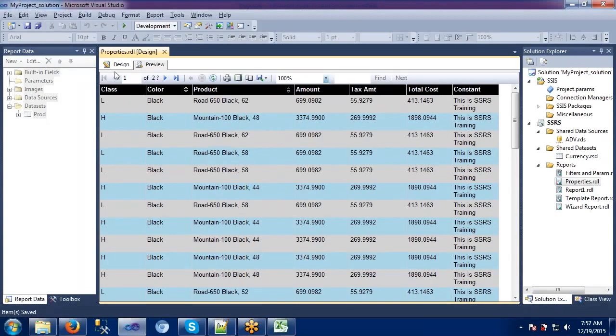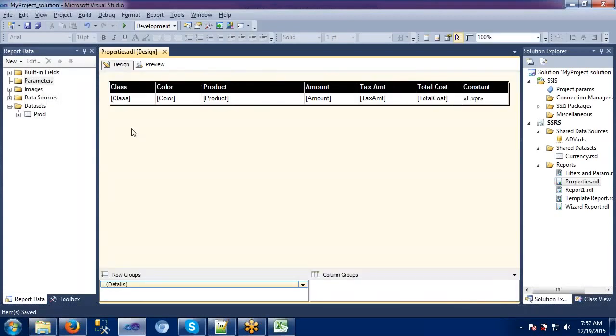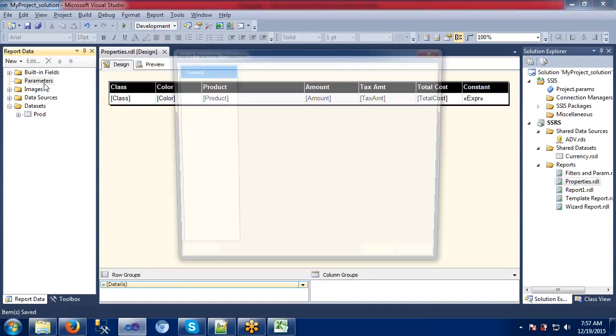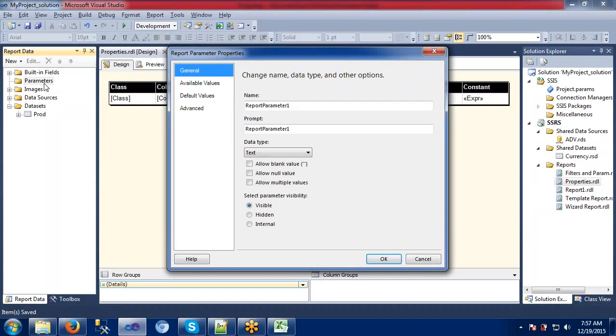Let me explain. I will add some parameter here, our regular stuff which we have used earlier. Some color param, select color, allow multiple values here.